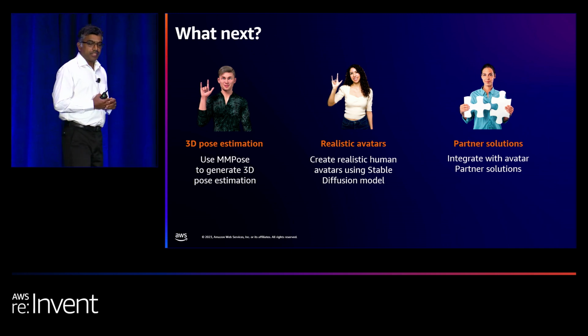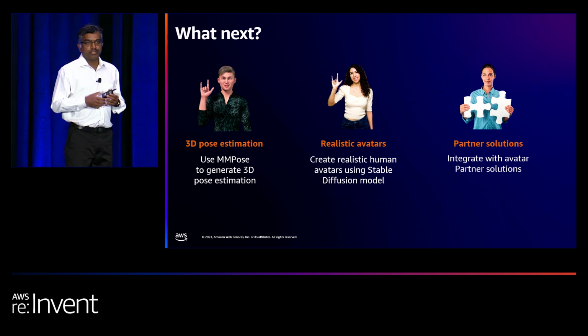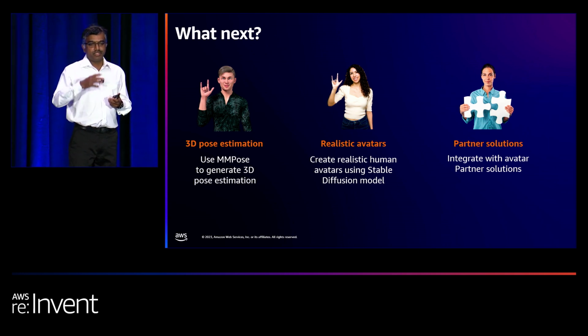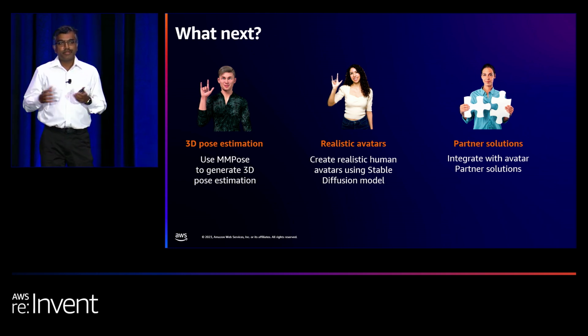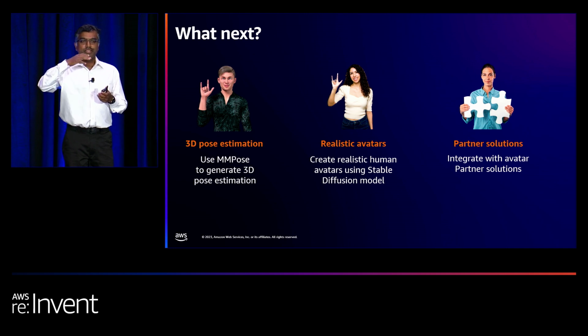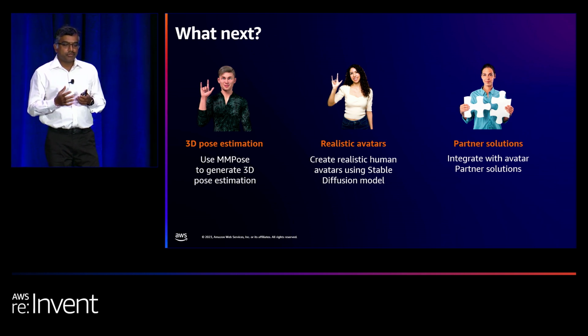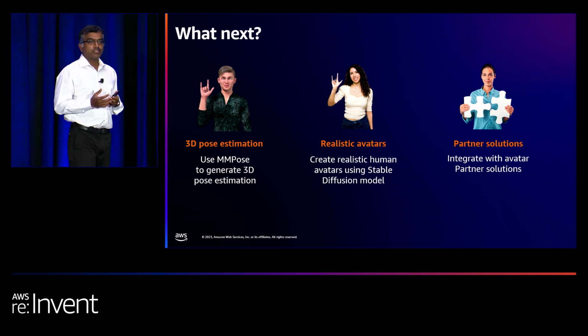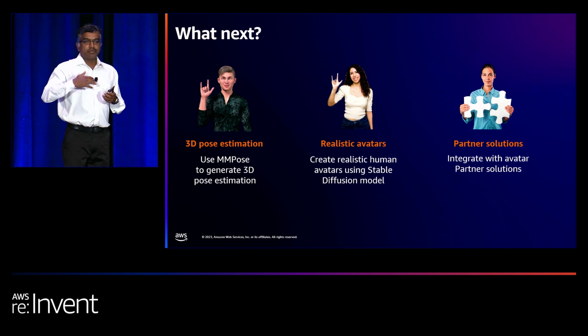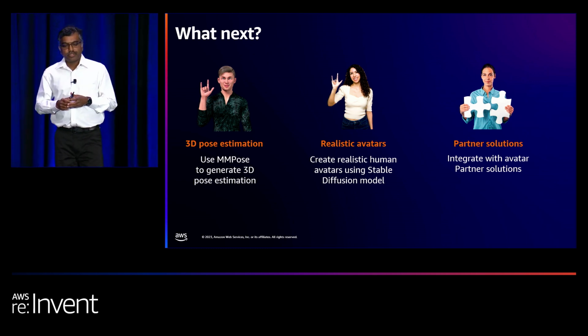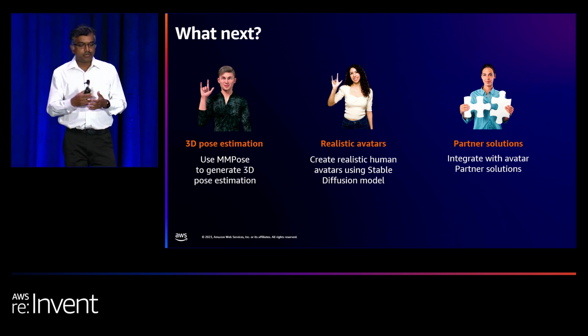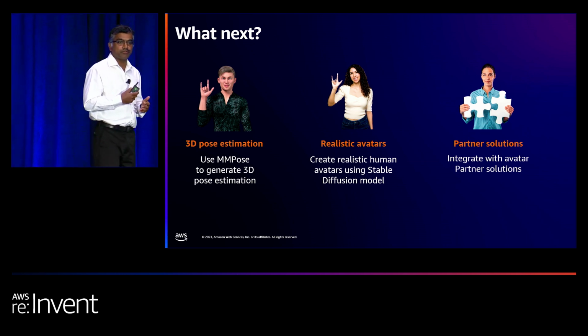And then finally, when you see some of those videos generated by this GenASL application, there is a frame skipping. For example, hello will be like this, and then how you may start from here, from the chest, and then the hello will be on the forehead. So when we stitch the video together, there is a frame drop, like you can see a sudden change in the motion. So to fix that, we have to use a technique called blending. There are partner solutions available that will create the intermediate frame to create the blending. So our next step will be incorporating partner solutions to create smoother videos.